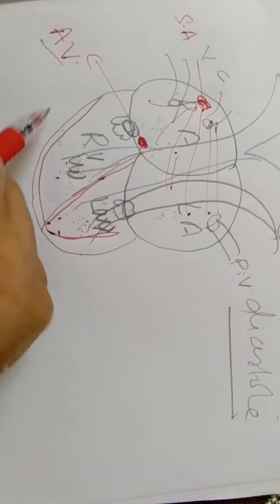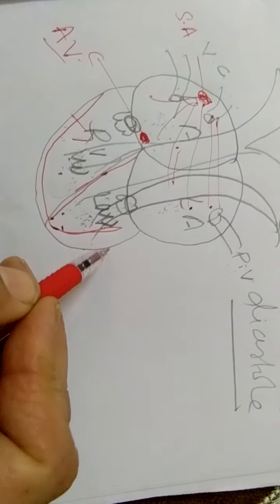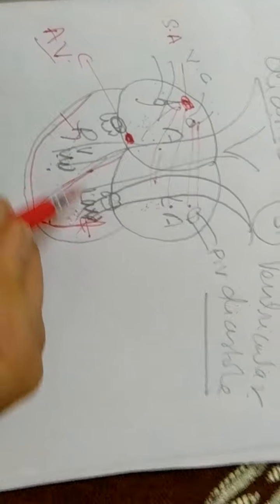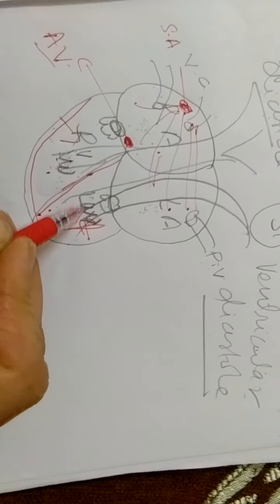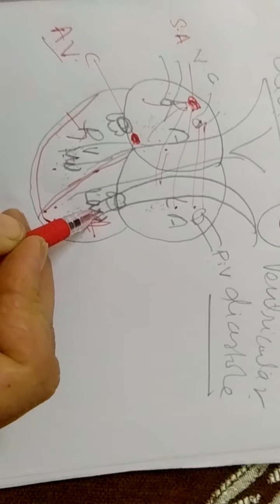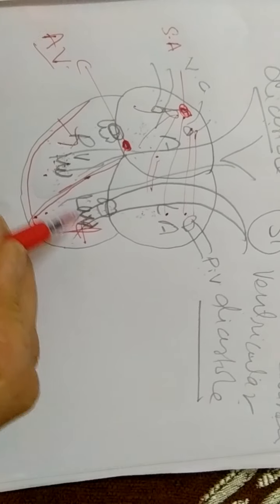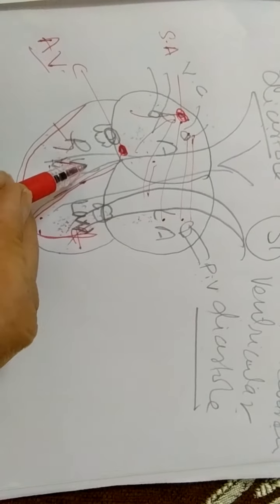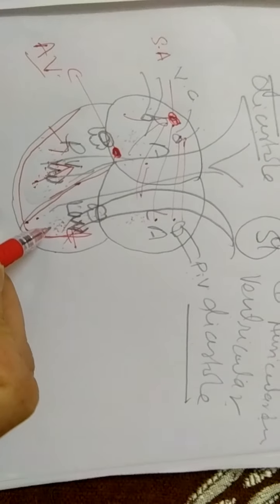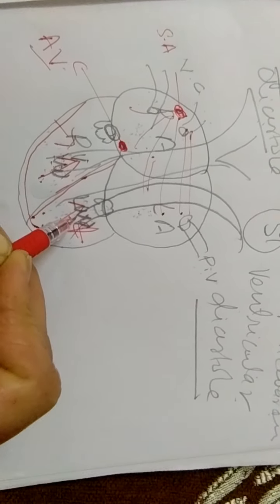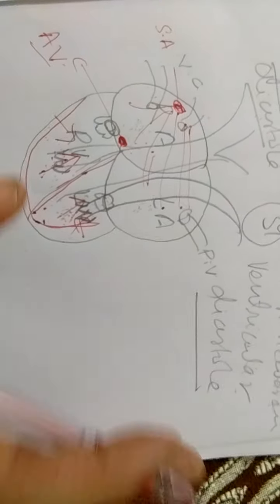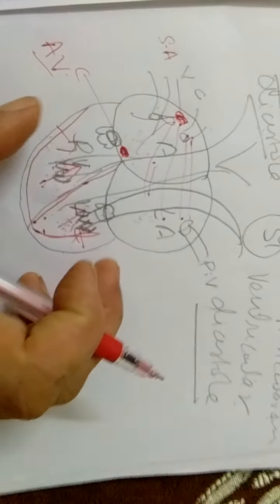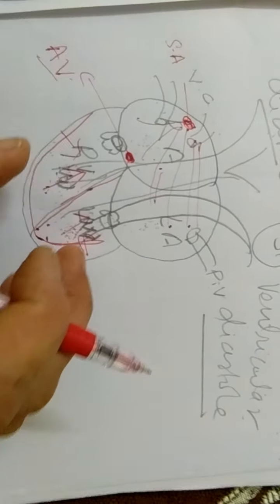So when ventricular contraction is in progress, these semilunar valves present on pulmonary aorta and systemic aorta open, and the impure blood from the right ventricle is pumped to the pulmonary aorta, and pure blood from the left ventricle is pumped into the systemic aorta. Okay. So ventricular systole